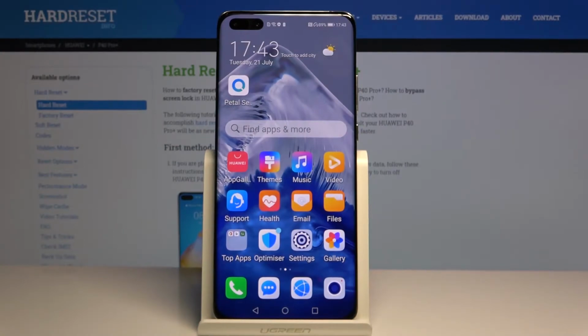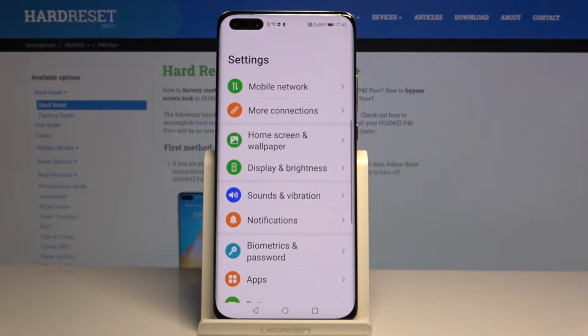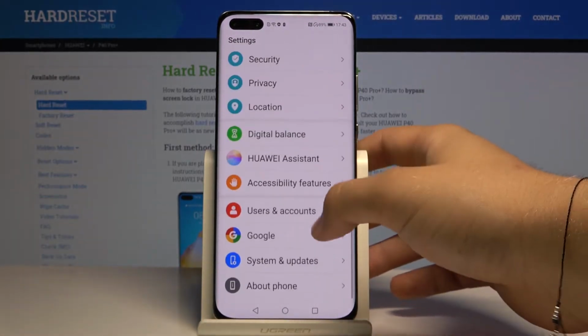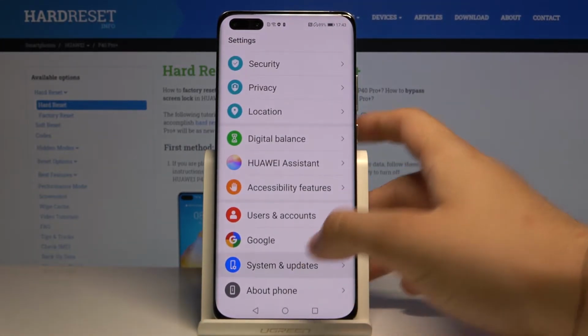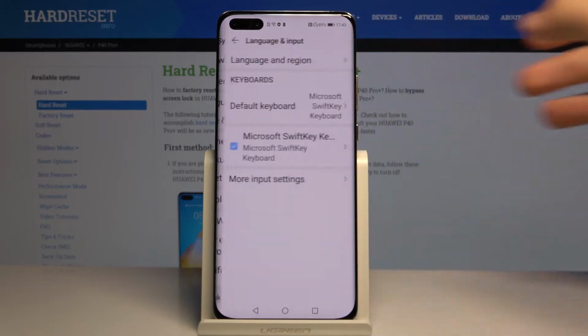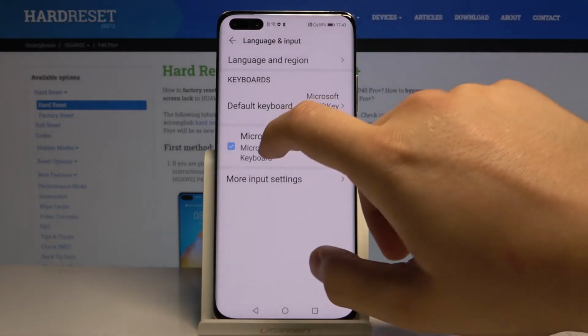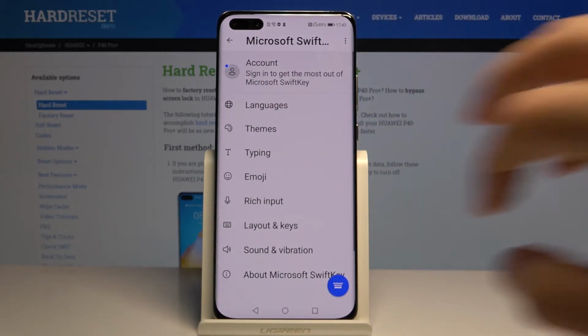Welcome. If you want to change the keyboard theme on your Huawei P40 Pro Plus, let's go to the settings. Right now, scroll down, enter System and Updates, tap on Language and Input, and select Microsoft SwiftKey Keyboard. Tap on Themes,